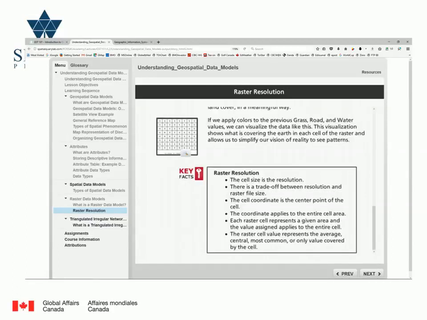This box is important, right? So we have raster resolution. The cell size is the resolution. So it could be 6 centimeters by 6 centimeters or 1 meter by 1 meter. Yeah, so the trade-off is the finer the resolution, the bigger the raster file. Okay, and the cell coordinates in the center point of the cell. Okay, and the coordinate applies to the entire cell area. And then the bottom one is the raster cell value represents the average, central, most common, and only value covered